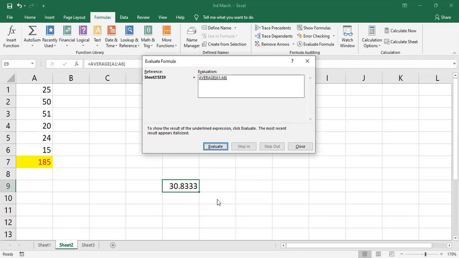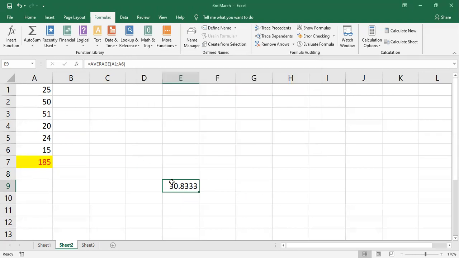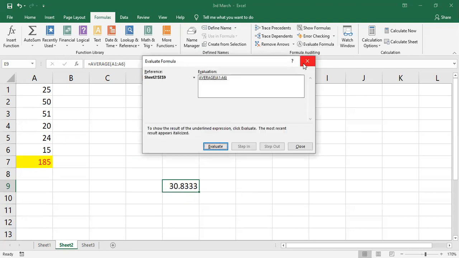Now the formula which I have used in that particular cell is average of A1 to E6. Now if I click on evaluate, see it is displaying the result as 30.8333. Okay, if you want to know the steps involved to get the result, we need to click on what? Evaluate formula.